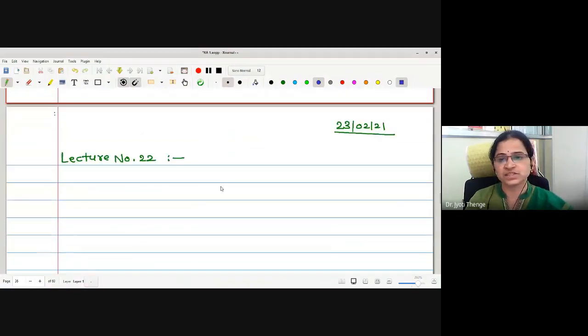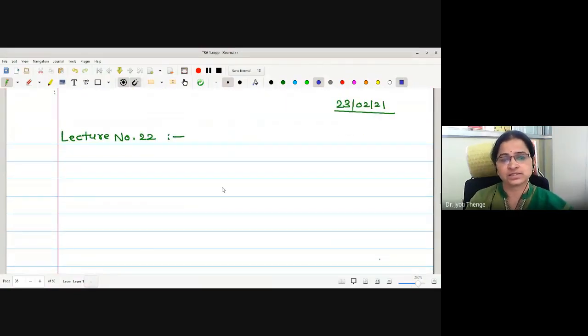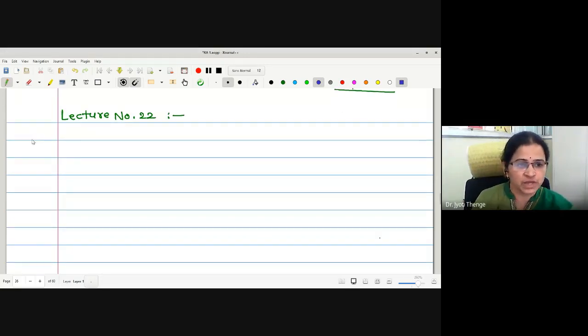Now, in today's lecture, we are going to the next theorem. Actually, this theorem also we have covered by using the Darboux sum. That is, if a function is integrable over a to b, and c is any point in between the interval, then the function is equally integrable on a to c and c to b. Let me write this as the second theorem.